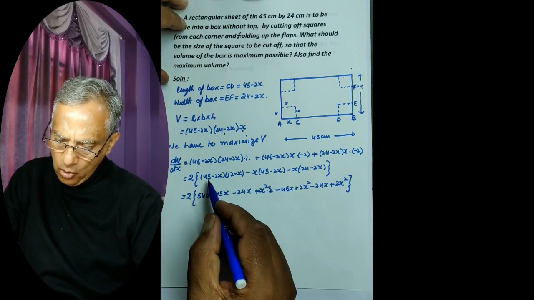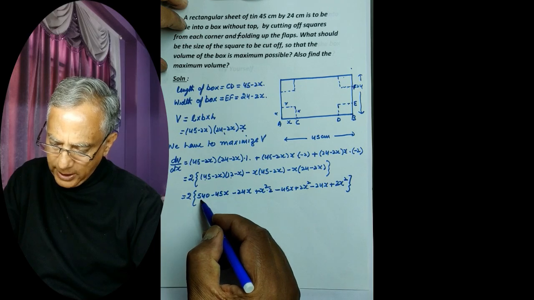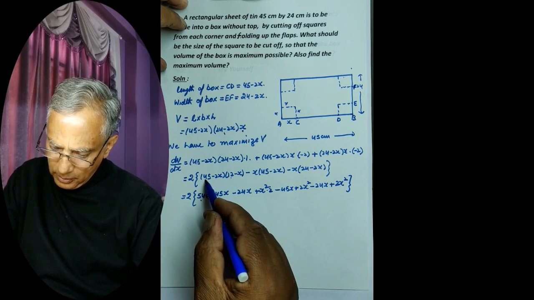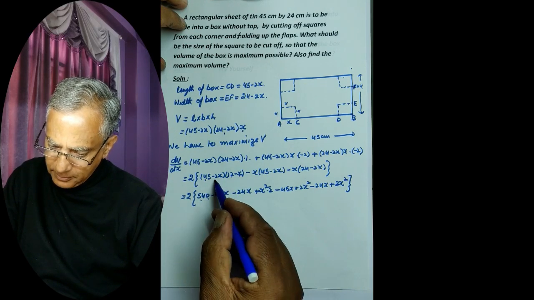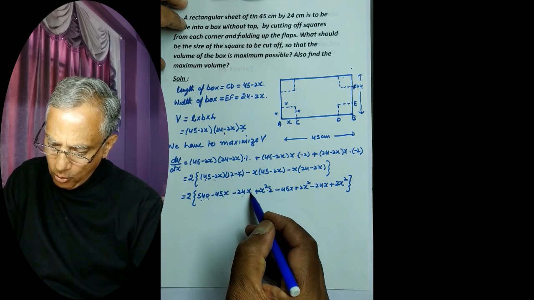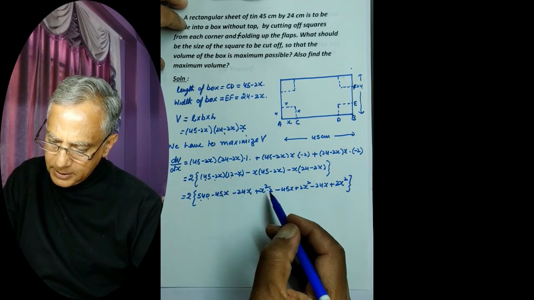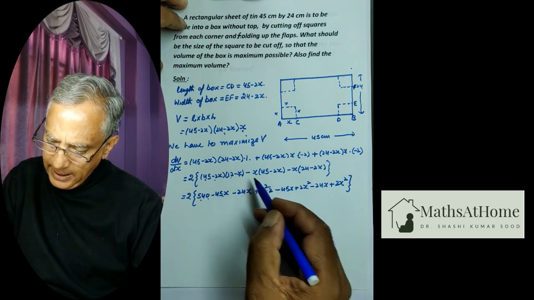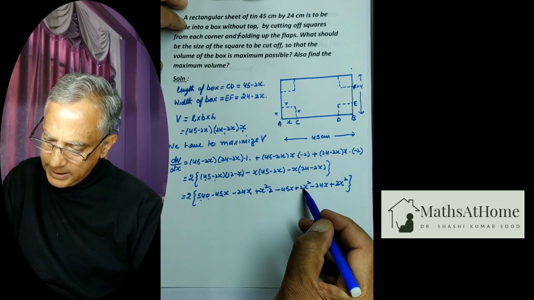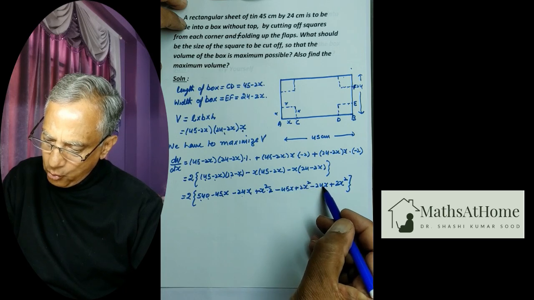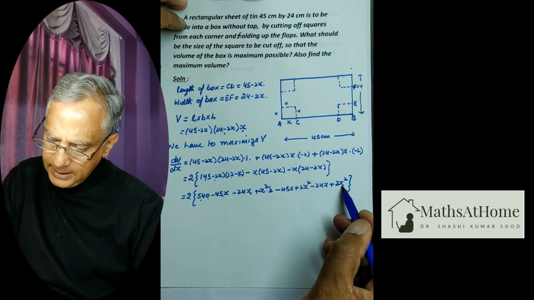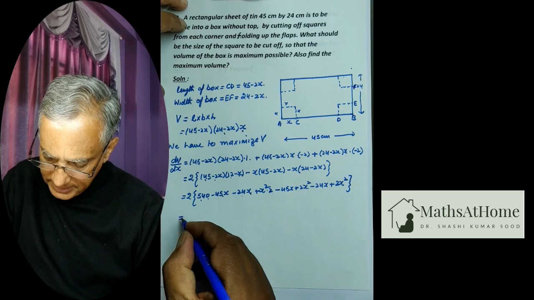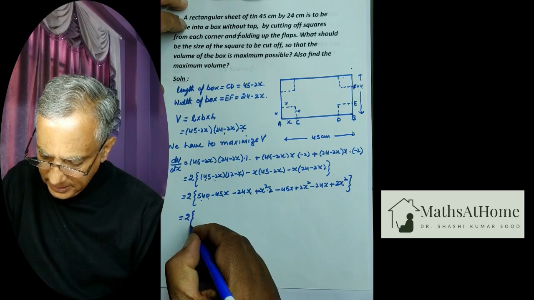This simplifies into 45 into 12 is 540 minus 45x minus 24x plus 2x square minus 45x plus 2x square minus 24x plus 2x square, and this is equal to twice into